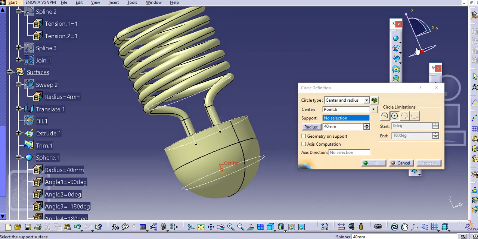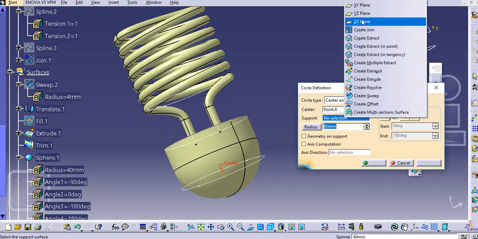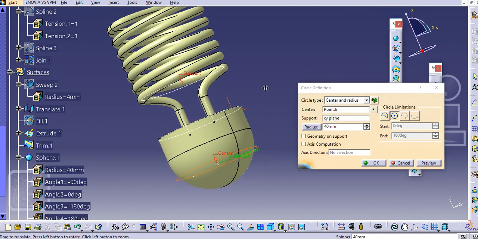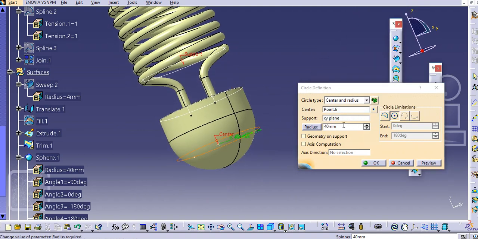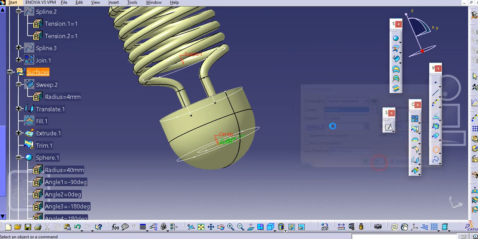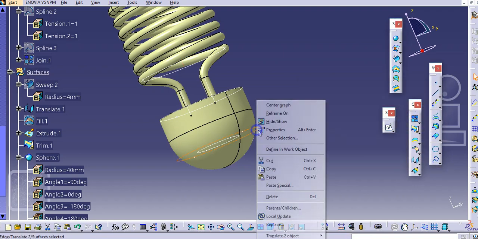Support will be XY plane. So just select the XY plane and add a radius, so maybe add 20, and then click OK. So just hide this